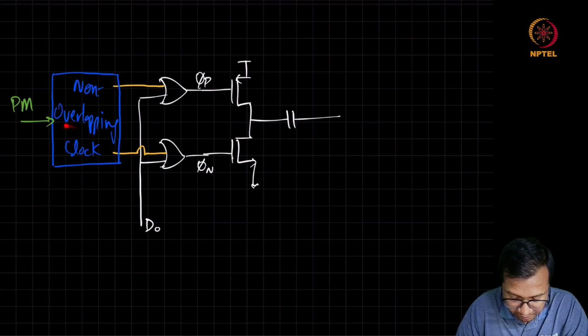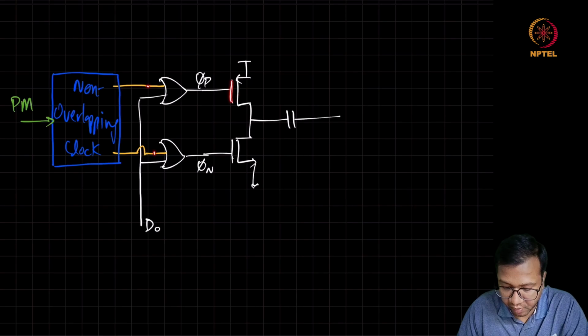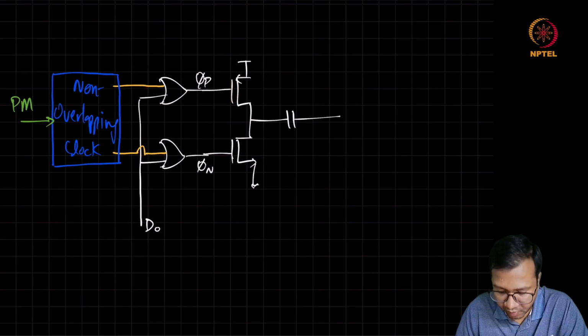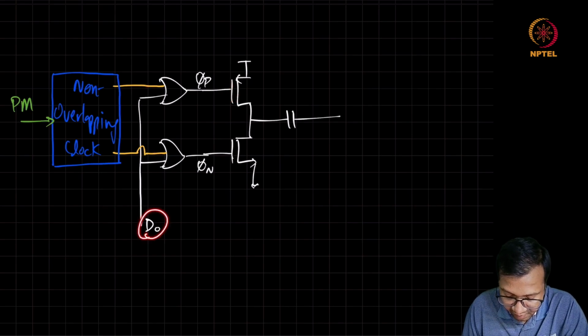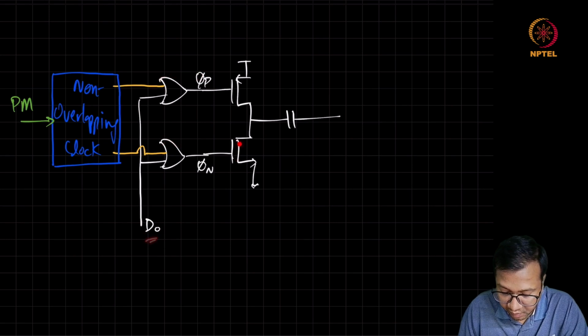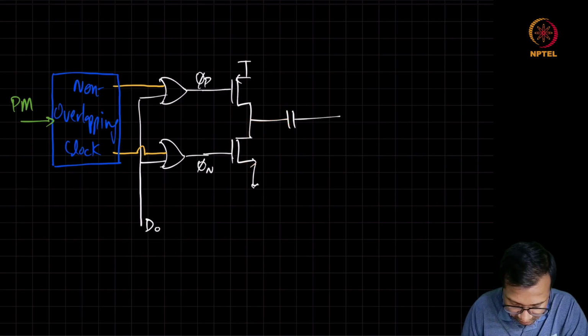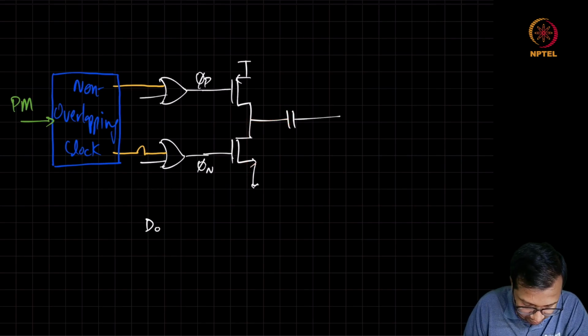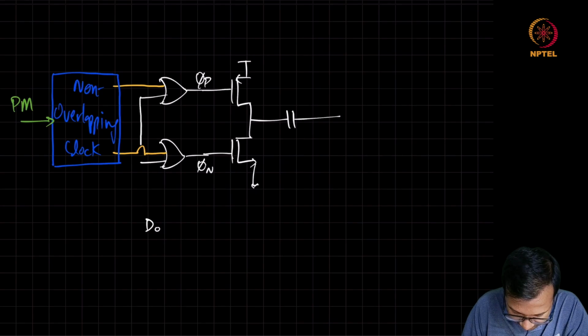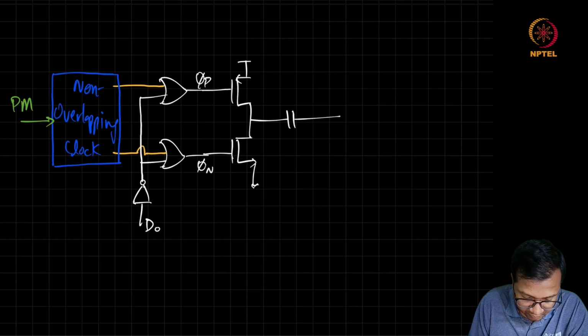So this PM will generate non-overlapping clocks, which will be causing the switching of this NMOS and PMOS, whereas this digital bit D0 will decide whether the cap is going to be shorted to the ground or will undergo the switching. Here we can add an inverter